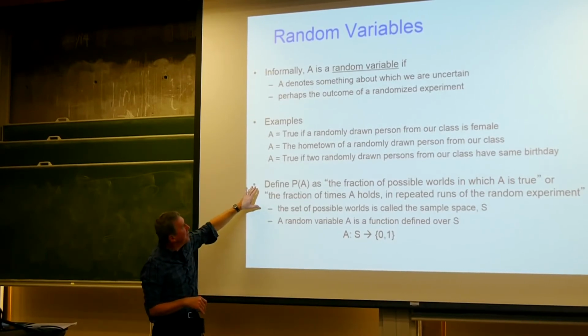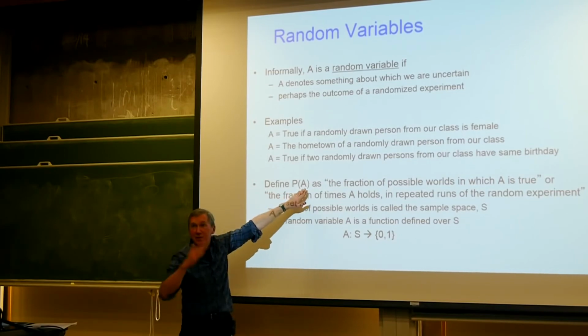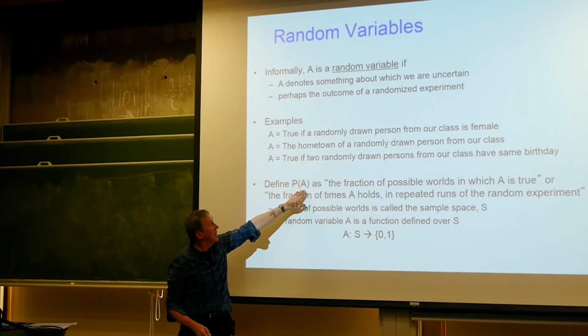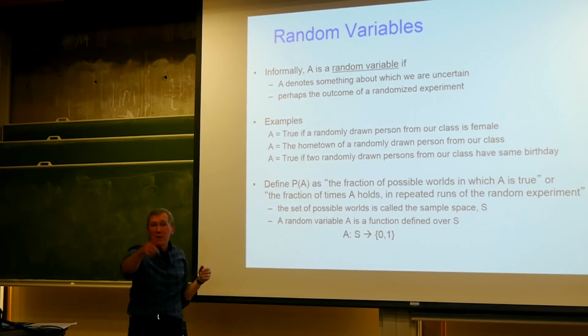We define the probability, if it's a random variable with just true and false, then we'll define the probability that A is true is just the fraction of possible worlds in which it's true. And we could think of,